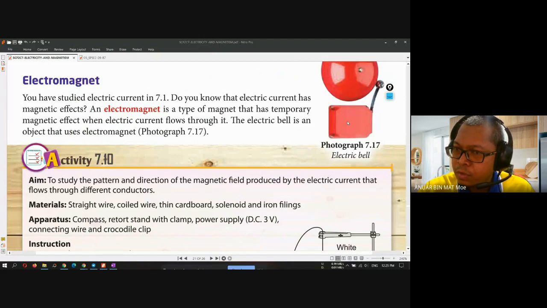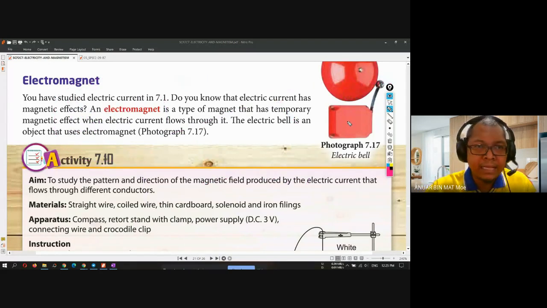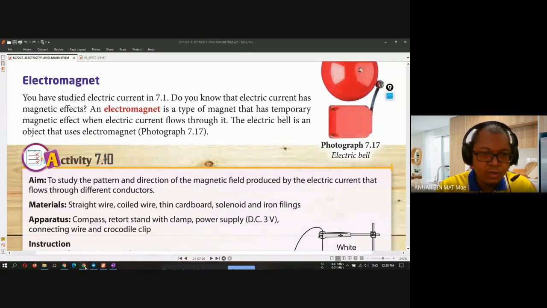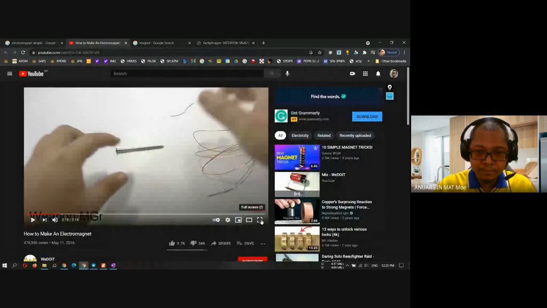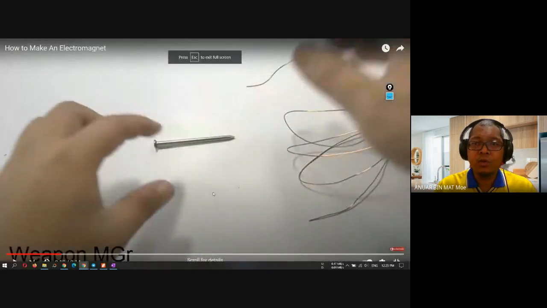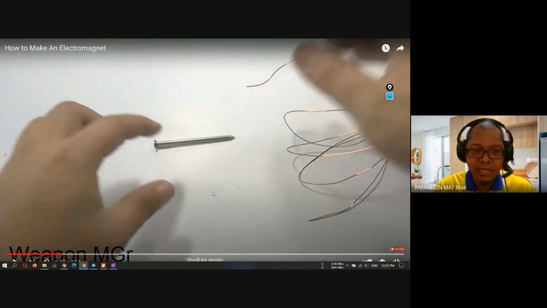In order to create magnetic force, it needs electric. Okay, very simple. I hope you can see the video first. I want to show you the video in order to make you understand more. This is how we can create an electromagnet by just using